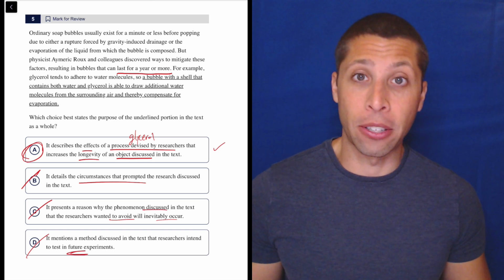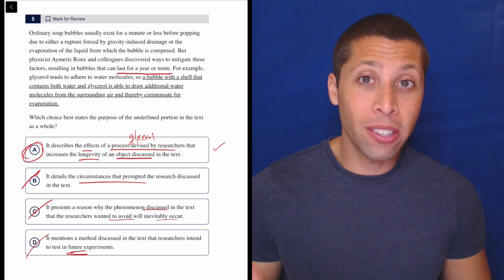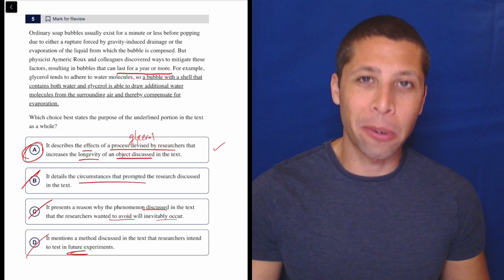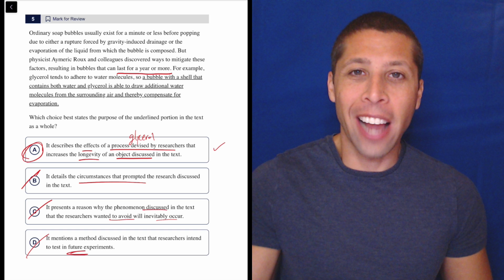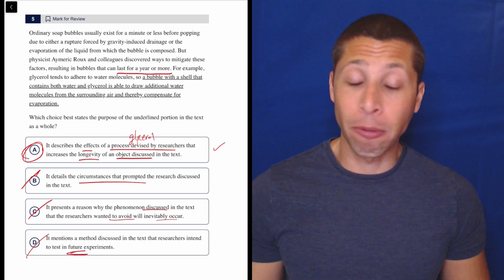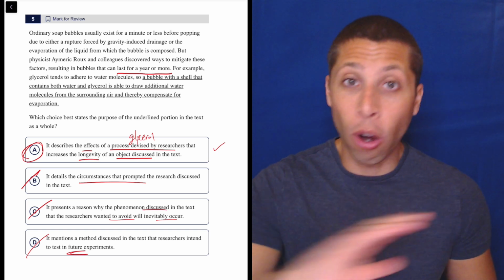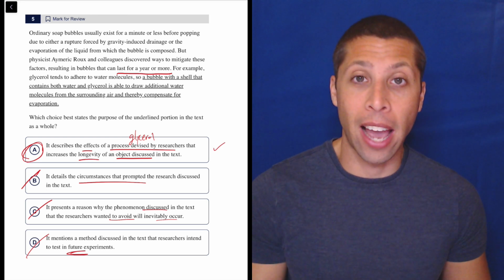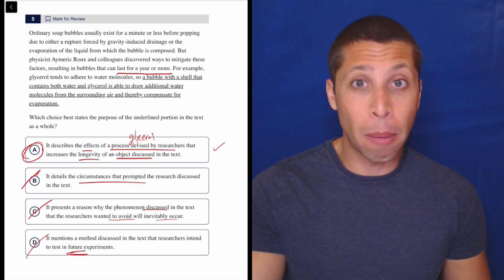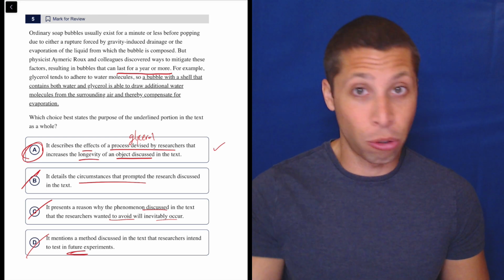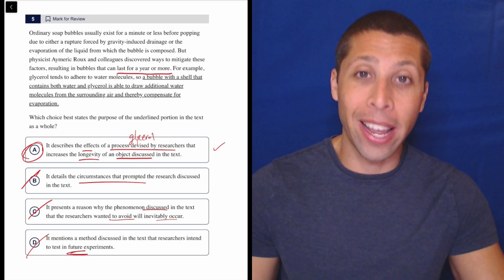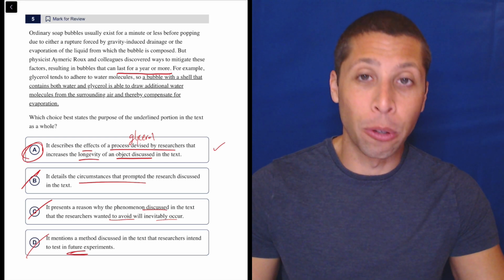I think we've got clear reasons why all the others are wrong, but notice that choice A is this very weird way of summarizing a passage about bubbles. It does not mention the bubbles at all. You've got to get comfortable with that. The SAT will do that in all sorts of questions. This is not a particularly hard one, but they will do that again and again and again because they know you're looking for that word bubble. And when you don't find it, you assume that the choice is wrong, but they're going to talk about it in vague ways. So you have to be comfortable with that when you look through the choices.